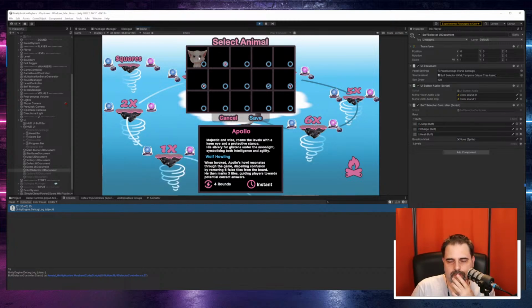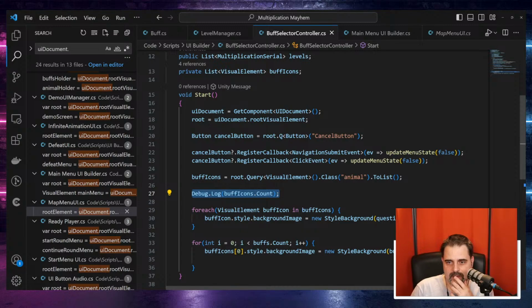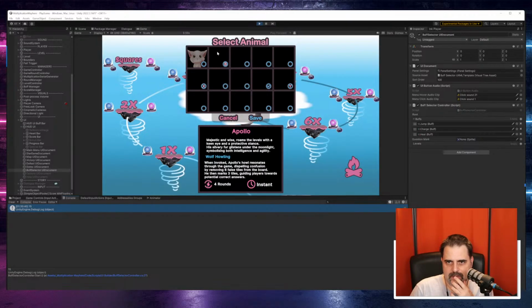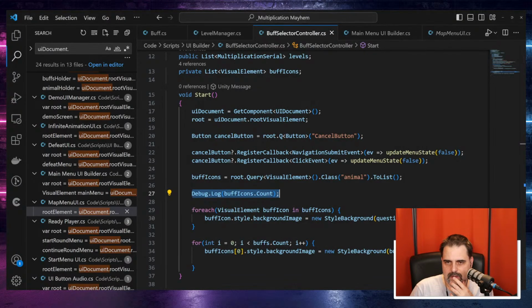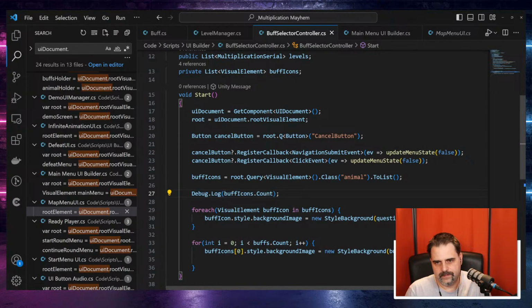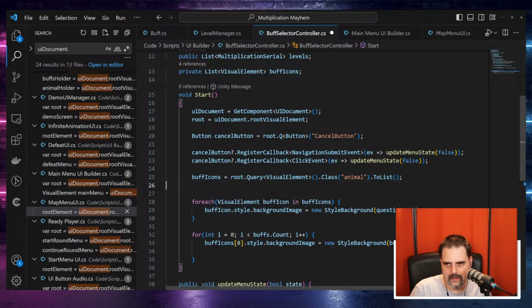So we have the cat in place. The rest is erased. And we got 15. Okay, so we get 15 items, which is correct, because it's 5 times 3, I mean. And so we get them, but